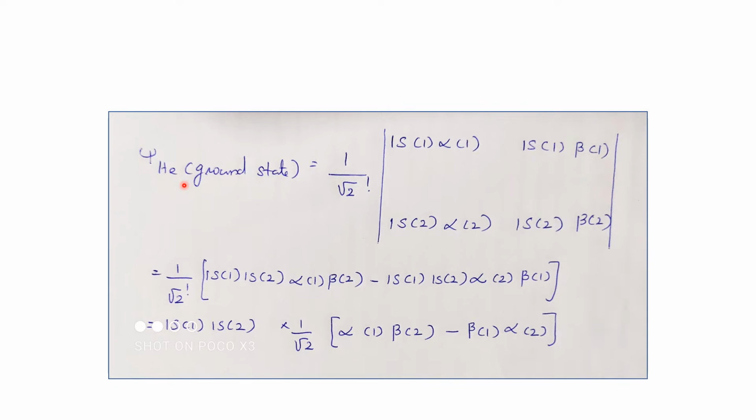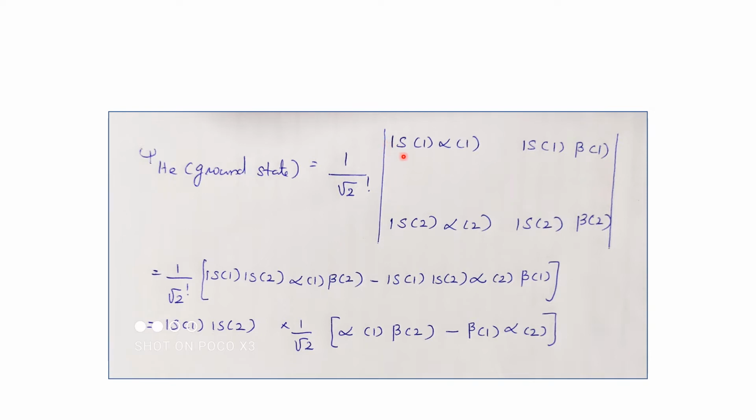Next is how to construct the Slater determinant for a helium atom in the ground state. A helium atom contains two electrons, that is, these two electrons in the 1s orbital. That can be represented as 1 by root 2 factorial,